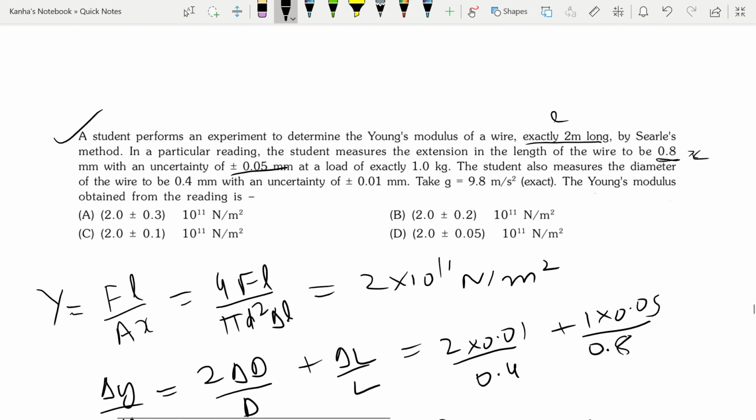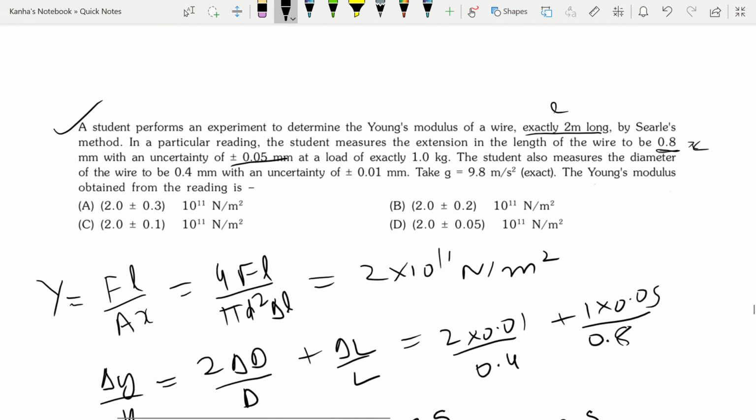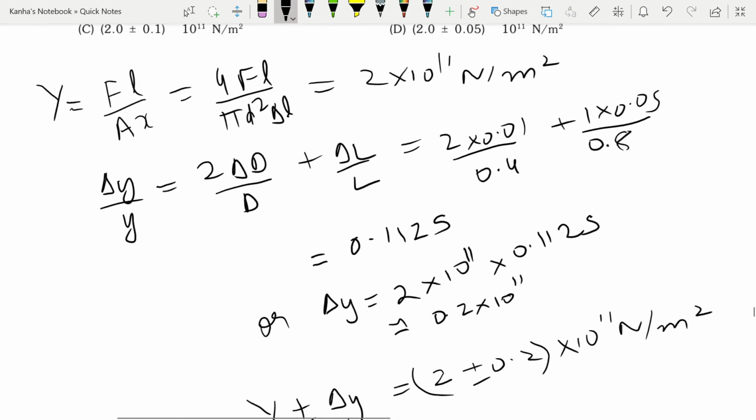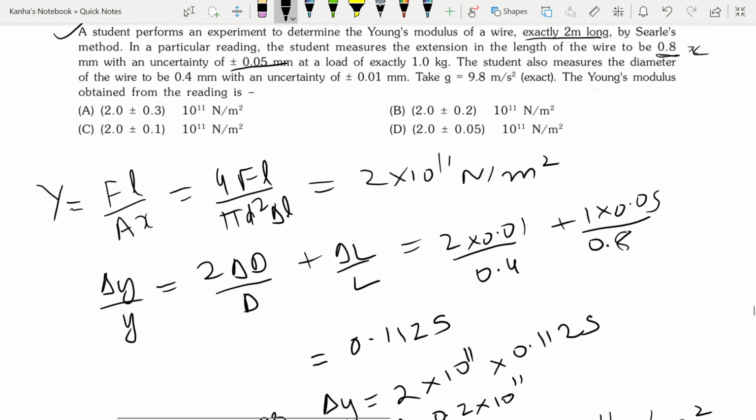Believe me when I say this came in the actual IIT paper, not even mains or IIEEE. This is a question from IIT JEE, which used to happen before. But when you look at it, it's a very simple question. This question can repeat in state board exams, in NEET, in IIEEE, in JEE, in every exam that is there. So the basic principle is the same.